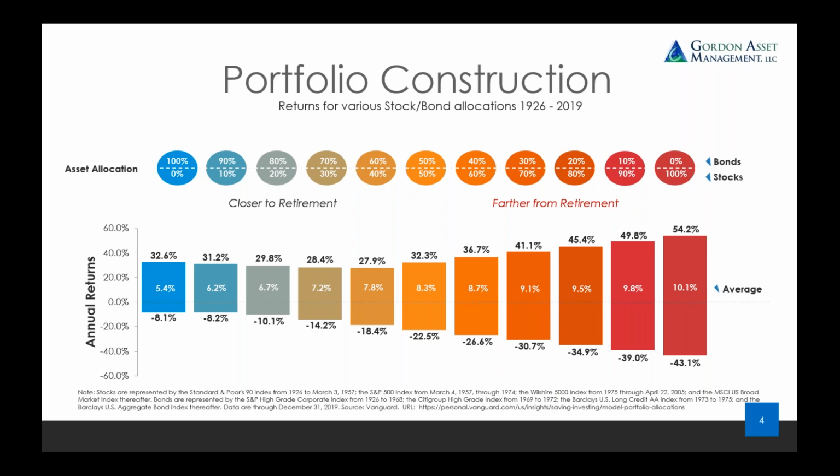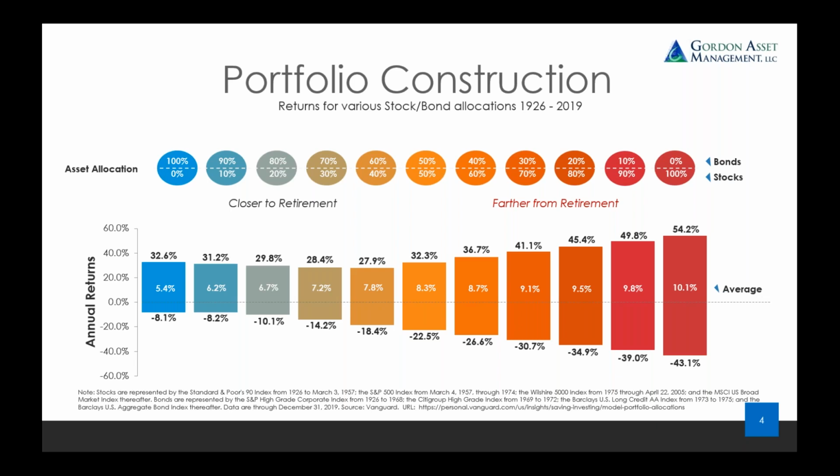The general takeaway here is that it's very important to know that bonds tend to be more conservative investments with less fluctuation or less volatility as compared to stocks, which are more aggressive. That said, while stocks can come with greater risk, they also tend to provide higher average annual returns, especially when you're looking at periods of 10 years or more.